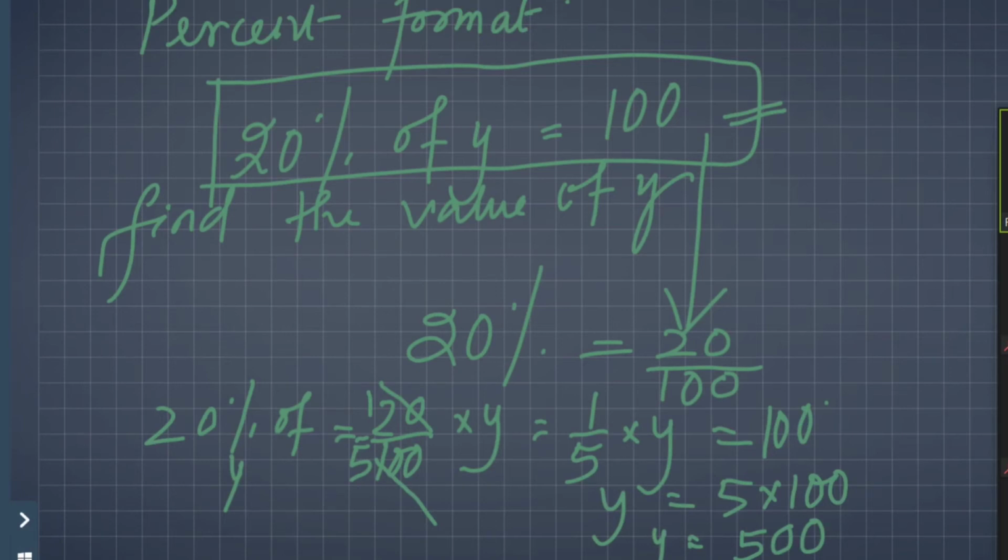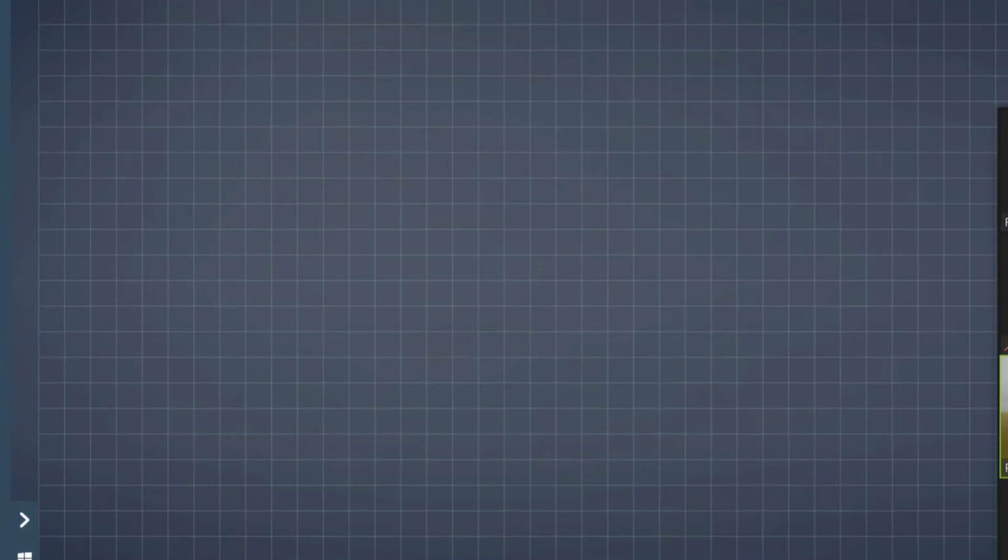If you get any type of questions like this in percentage format, this is the way you have to solve it. Whenever you are given word problems in linear equations, you have to be very strong in your vocabulary. If your English vocabulary is weak, then interpreting the question is going to be extremely difficult and you are going to lose marks unnecessarily. You will know how to do the calculations, but because you are unable to understand the question, you will lose all the marks. So it's better that you make your vocabulary and understanding strong enough.